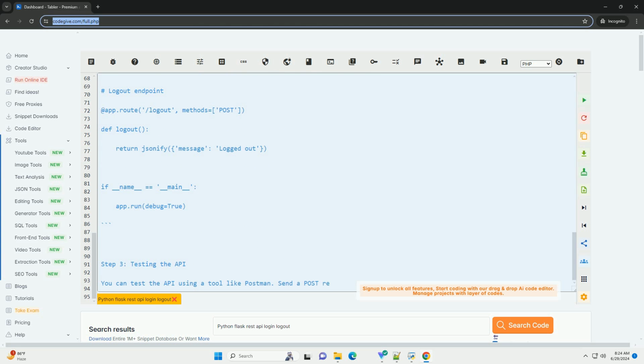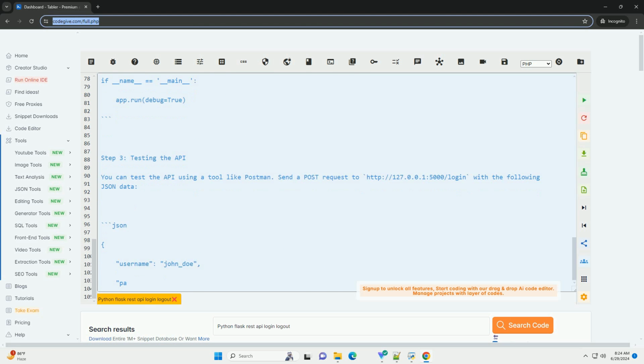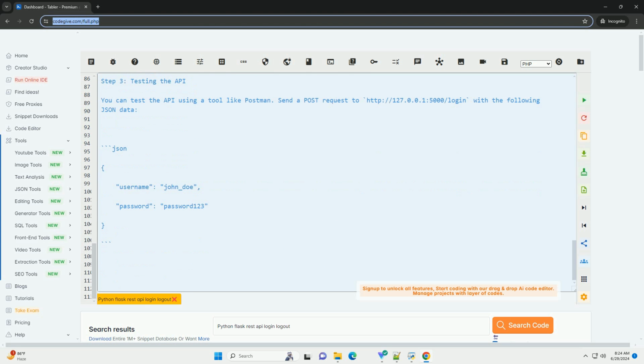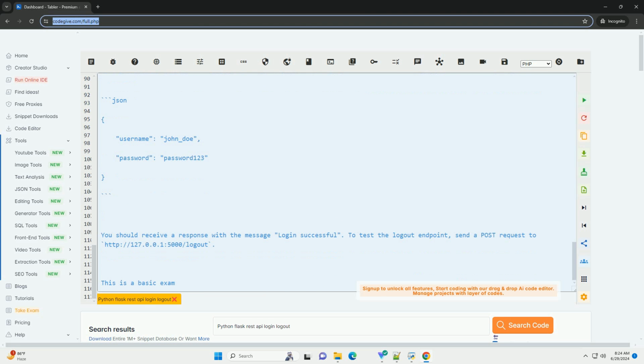Send a post request to http://127.0.0.1:5000/login with the following JSON data. You should receive a response with the message login successful. To test the logout endpoint, send a post request to